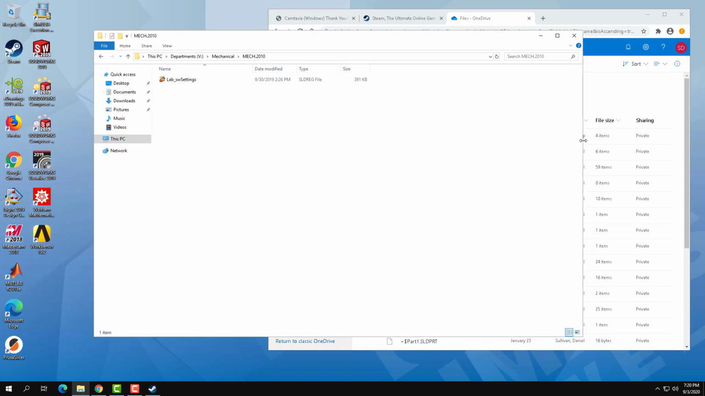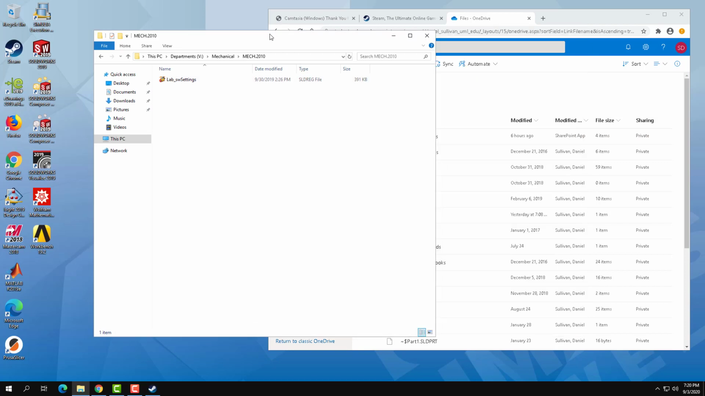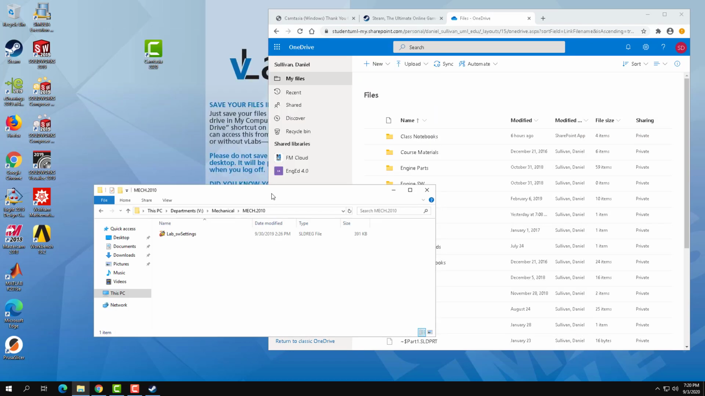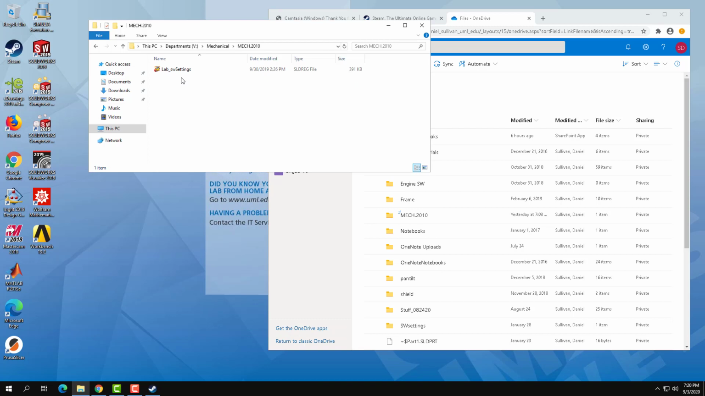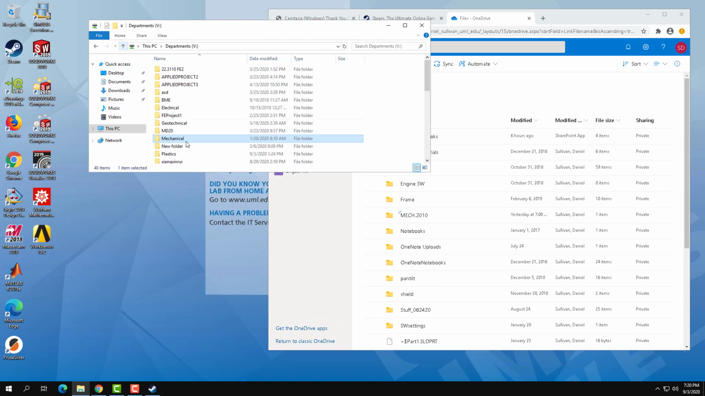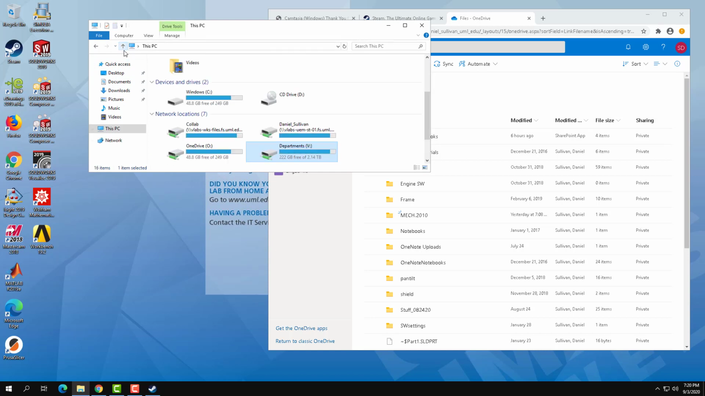So if I have particular items that I want to provide for you for the class, I would be putting them here into the B drive under mechanical under Mech 2010. And then the last drive is,